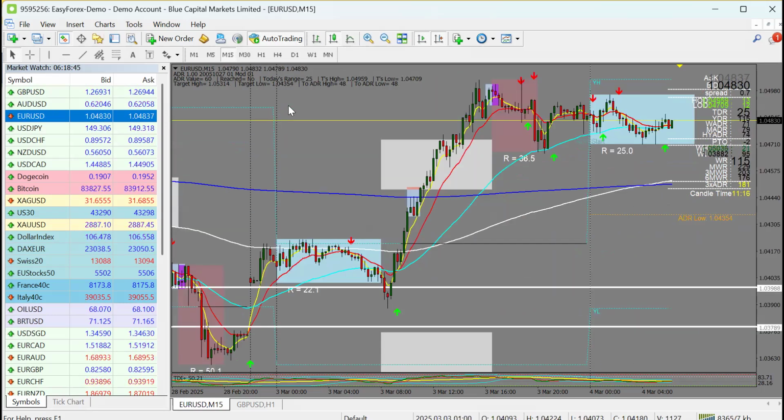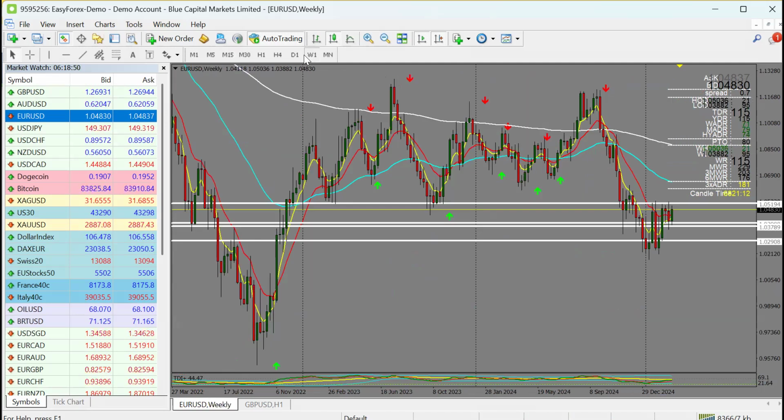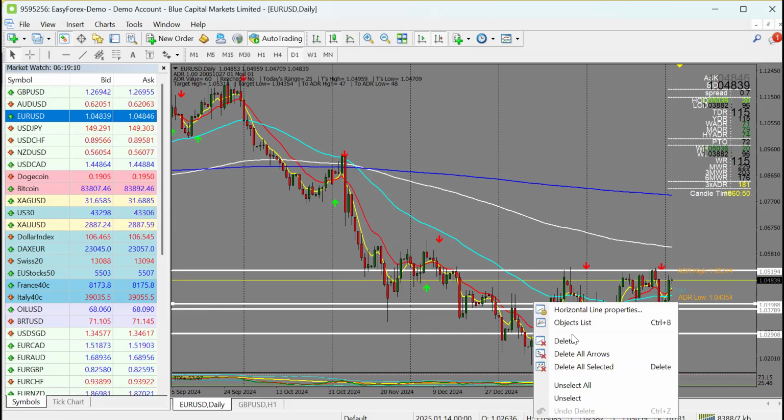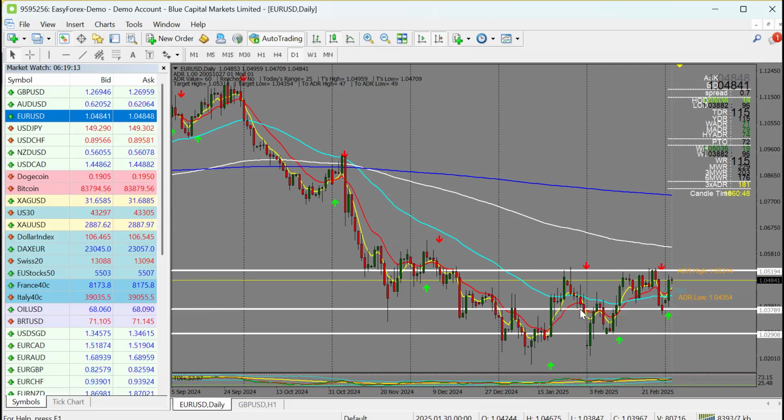GBP USD. Looking at another pair, that is the Euro USD. Talking about this trade on the daily time frame, we have seen this market reacting to the previous high. The good thing with these Euro pairs is that we'll be having the ECB monetary policy for the European zone. And of late we have been seeing a bit of consolidation on Euro USD.